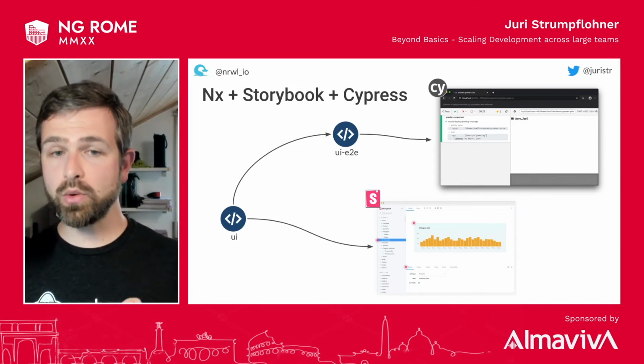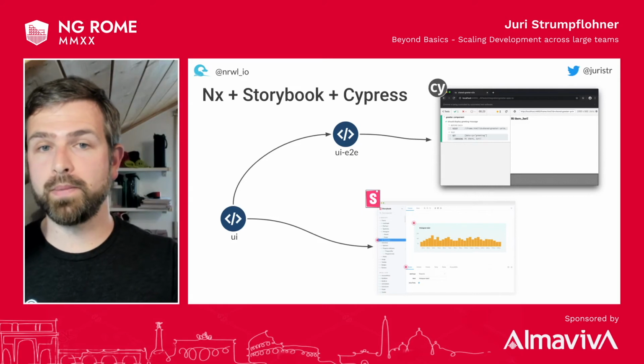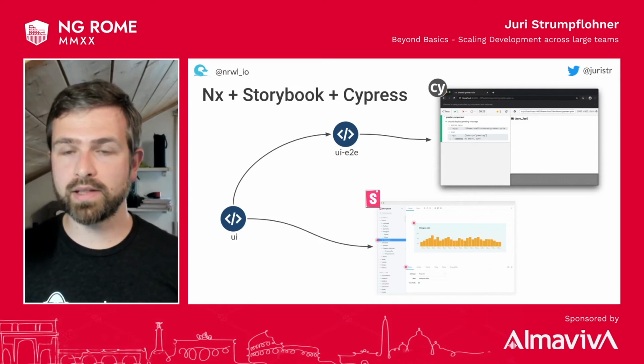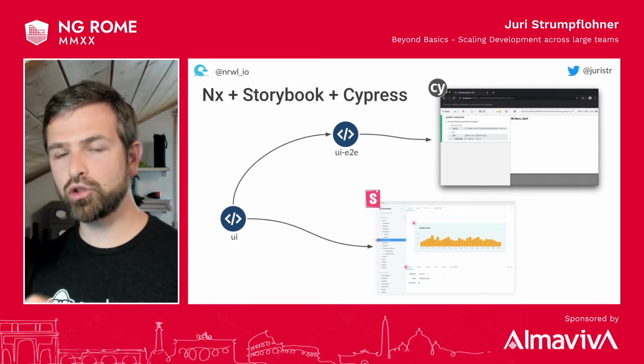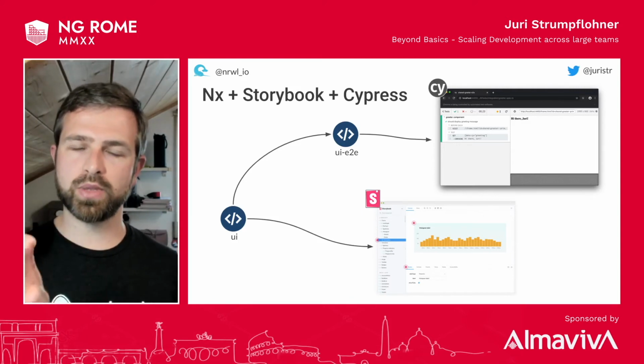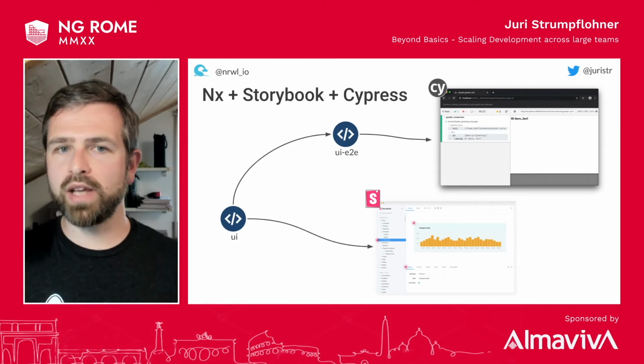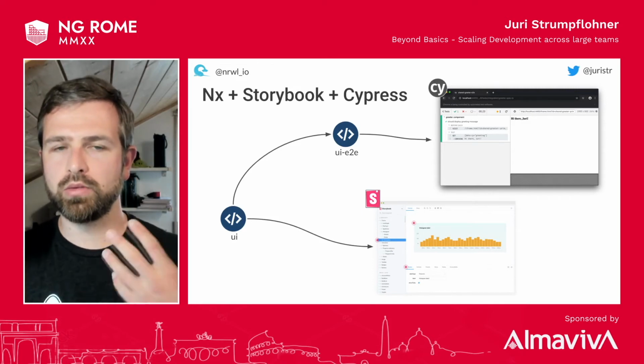You can generate that library, generate components, and then generate a Storybook setup for that specific library. And this can all be done with schematics NX provides you. You can even, on top of that, generate Cypress tests, which will run against your specific Storybook stories. So it's a very easy and modern way if you want to test components in Cypress.